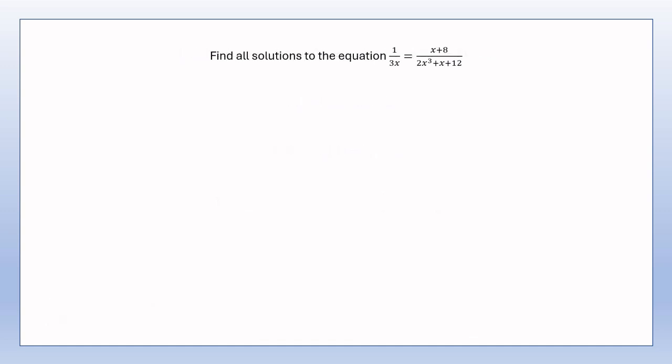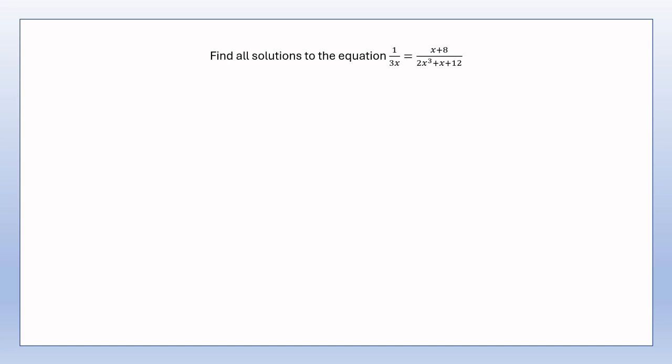Find all solutions to the equation as shown on the screen. Of course, this is not a cubic equation. Nevertheless, some equations can be brought into the form of a cubic equation and solved as if they were cubic equations. So, assuming that x is not going to be equal to any values which will make either of the denominators equal to 0, and if that is the case, then we'll cross that bridge when we come to it,